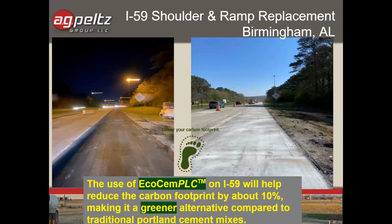We've been able to reduce the carbon footprint on this project compared to our typical operations by at least 10%. And I'm unfortunately not familiar enough to give any data as far as what that does for vehicle emissions compared to vehicle emissions. But